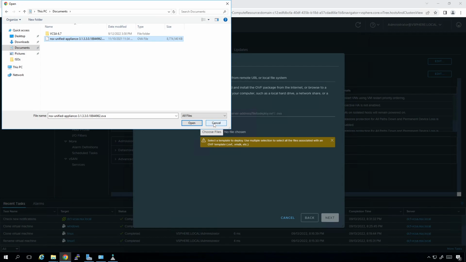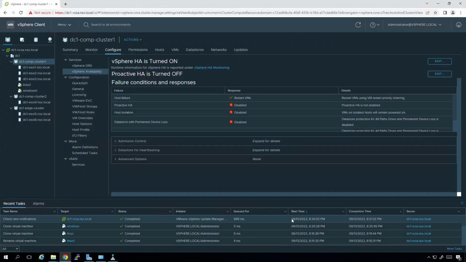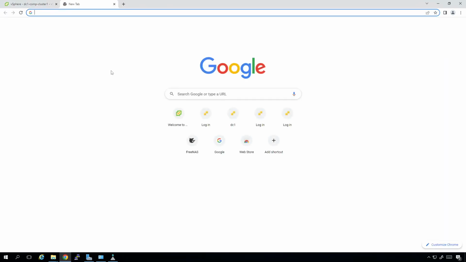Unfortunately, I won't have the ability of doing it that way. Because I don't want to deploy, cancel here. I don't want to deploy my NSX manager inside of a virtualized ESXi host. The performance will suck. So instead, I'm going to go plug up here, and I'm going to click into